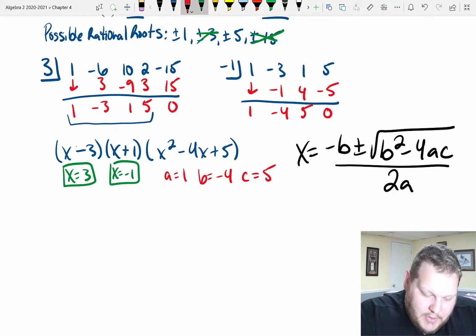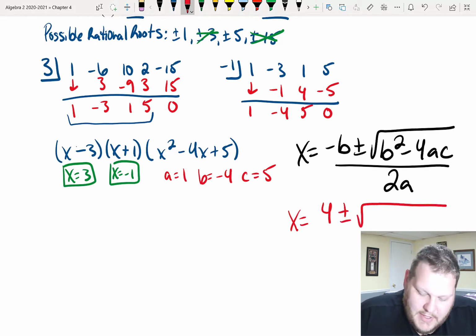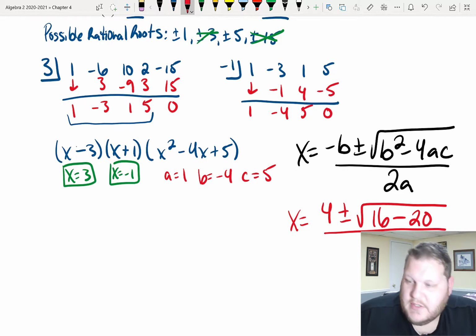So I'm going to go ahead and just plug that stuff in. I'll just keep it in red. So x equals -4, so +4, plus or minus. I'm just going to kind of skip some steps here because you guys are smart cookies. B squared, which -4 squared is a +16, minus, we've got 4 times a, so 4 times 1 is 4, times c is 5, 4 times 5 is 20, all over 2 times a, which is just 2 times 1,